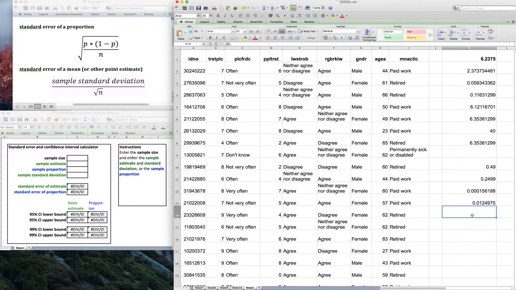We then want 1.96 times that standard error. Which comes out at about 0.0245, and we just add that and subtract that from our sample proportion to get the 95% confidence interval for